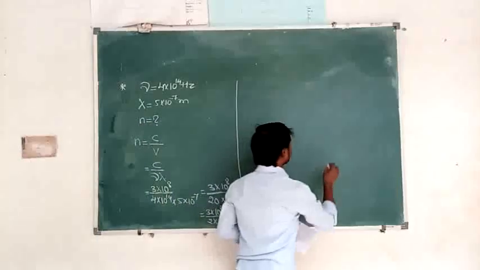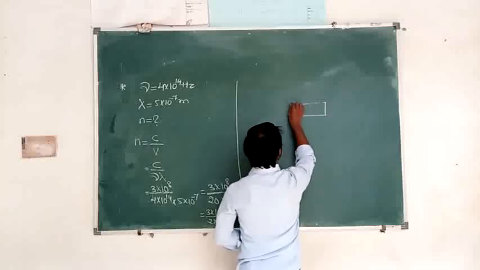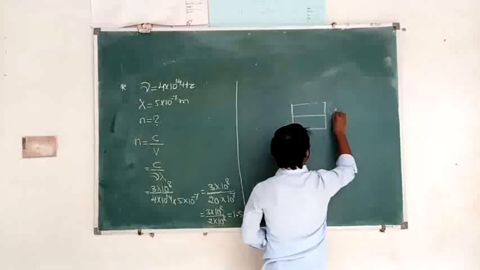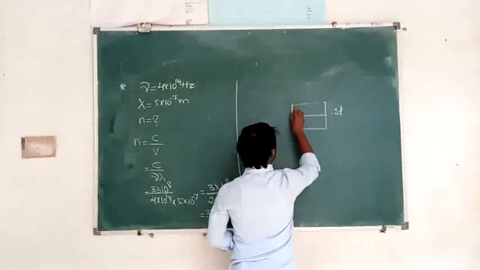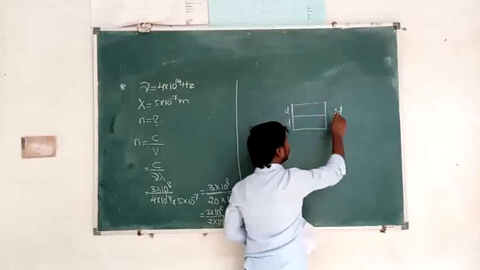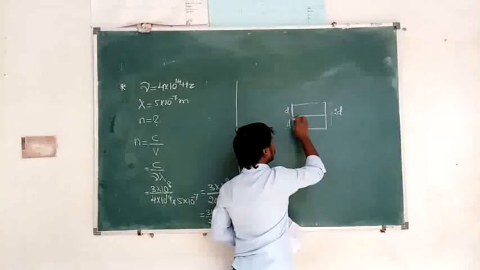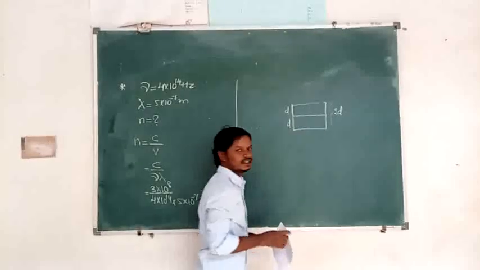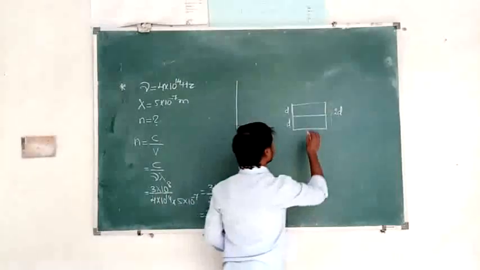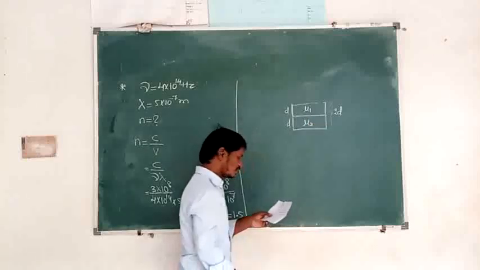So what is that? See here, there are two media. What is the depth of these two media here? That is 2d. Then the depth of each medium is d and d, because they are half filled. The first half is filled with liquid having the depth d, the next half with liquid again of depth d, and d plus d is again 2d. What is the refractive index of the first liquid here? mu1. The refractive index of the second liquid is mu2.